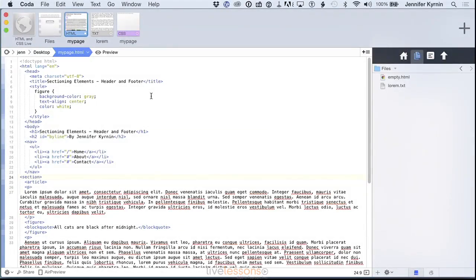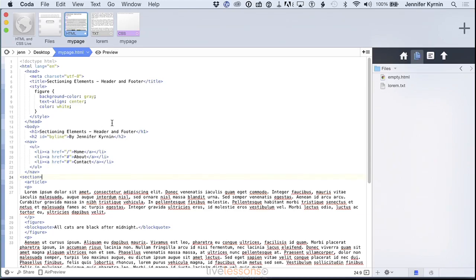The header and the footer are added to HTML5. A lot of people think they're sectioning elements, but they technically aren't. But for the purposes of this video, we're going to talk about them in the same lesson because you usually use them in a similar way to using sectioning elements. However, one thing you should remember is that while most pages only have one article, a page could have multiple headers and footers. And before you get confused because a page only has one header and one footer, the reality